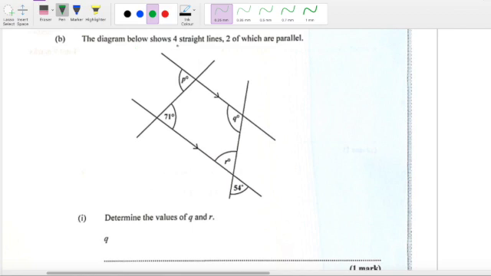The diagram below shows 4 straight lines, 2 of which are parallel. Oh, we have one of these, and I'm not even going to read the question. I immediately see that these are alternate, so this is going to be 71. These are vertically opposite, so this is going to be 54. And then these are co-interior, which makes them supplementary. So 180 minus 54 gives us 126. So yeah,